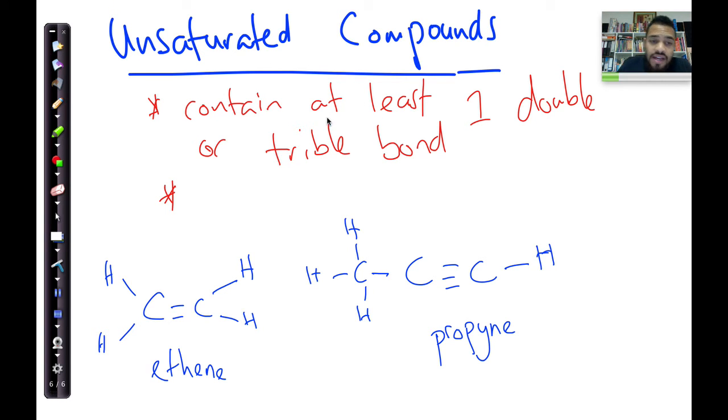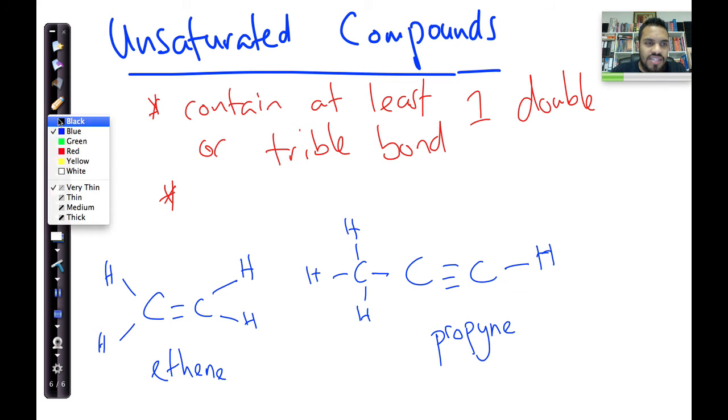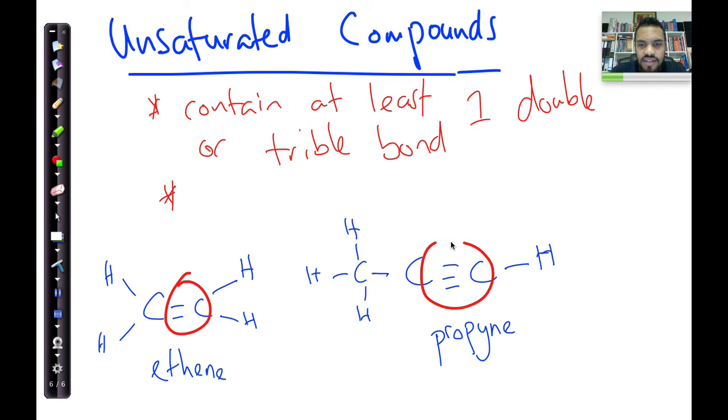And these are examples of unsaturated compounds. Now remember, I said these are things you should learn actively. You should be learning, writing, pausing, and playing the videos, and making sure you can read my handwriting and understand every word that I've written down before just moving on. Okay, so there we've got ethene, and here we've got propyne, and these are unsaturated compounds. You can see that they're unsaturated because they've got at least one double bond over there, and over here there's a triple bond. So therefore,